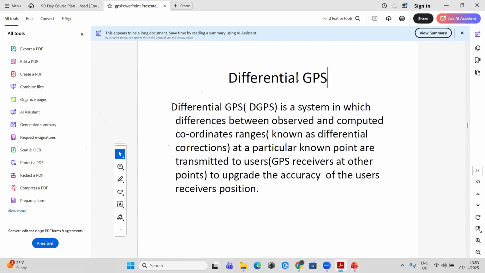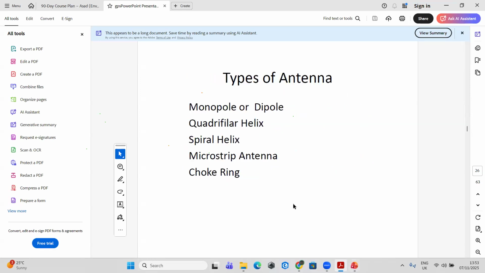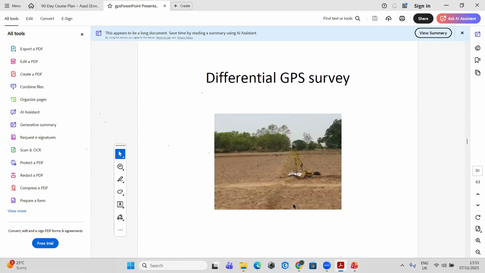Then we have something called differential GPS. What happens here is, you see, DGPS is made of two components. One is like a mobile that you have in your hand, and the other is this heavy thing that is placed on a tripod. So what DGPS does is it gives more accurate values. Now how it works is,